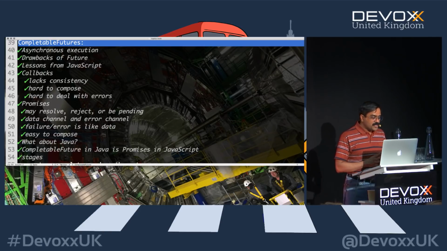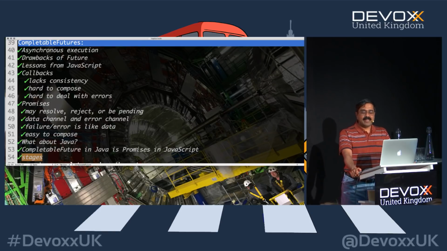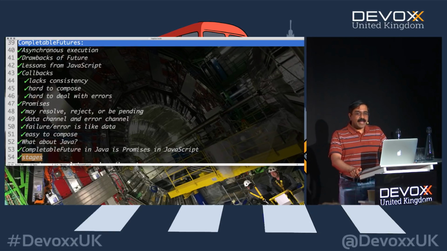What does every single stage do? Every single stage takes a completable future and returns another completable future. There is one thing you need to be very aware of with completable future. Completable futures are the villain in a bad movie. It's like Thanos, right? It keeps on coming back. There is no end to it.